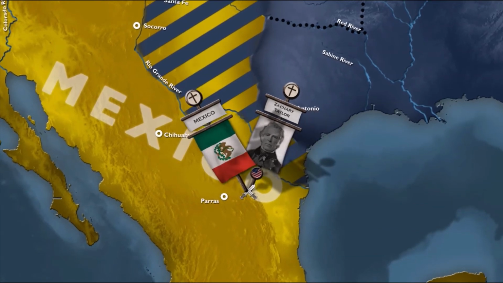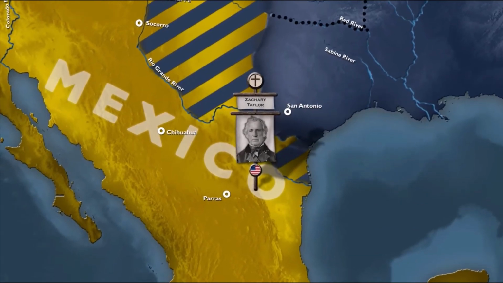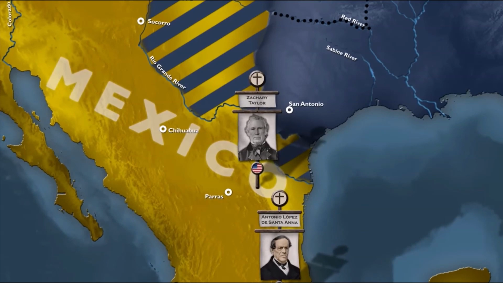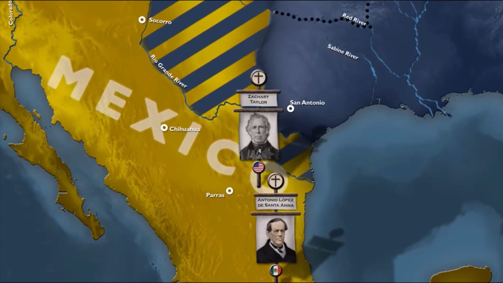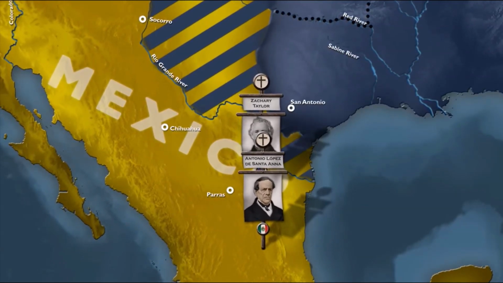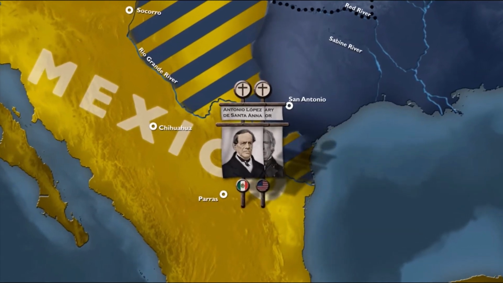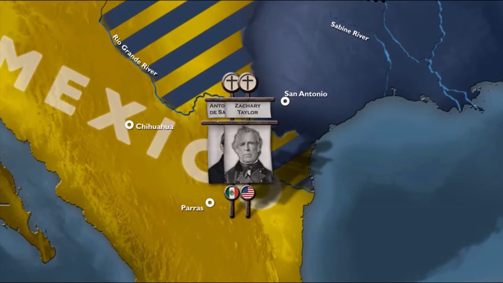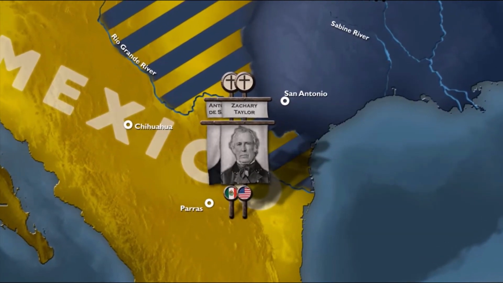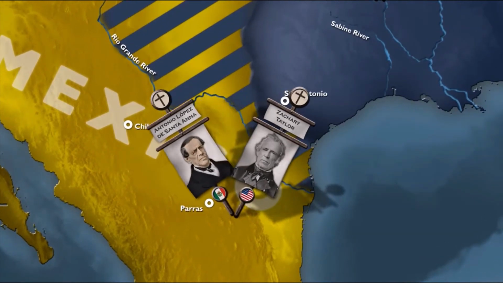The 4,600 Americans had entrenched at a mountain pass called Buena Vista. The Mexicans suffered desertions on the way north and arrived with 15,000 men in a tired state. Knowing that his numbers were still superior, he demanded the surrender of the U.S. Army, but was refused. Thus, he attacked the next morning.